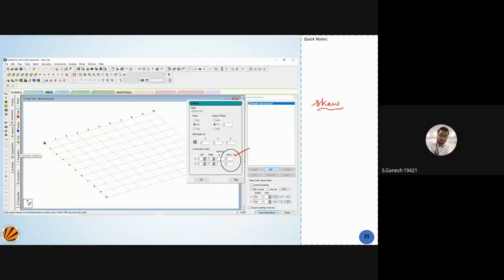So how do you want to do that angle in your STAAD Pro? That is the question: how do you bring those skew angles into STAAD Pro, and what are their applications? Basically, why would I want to use skew?